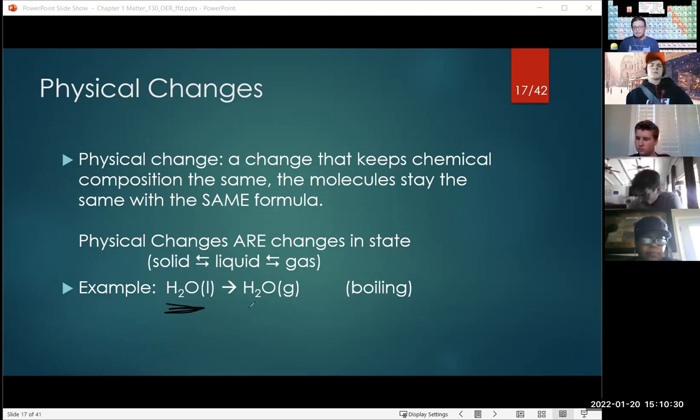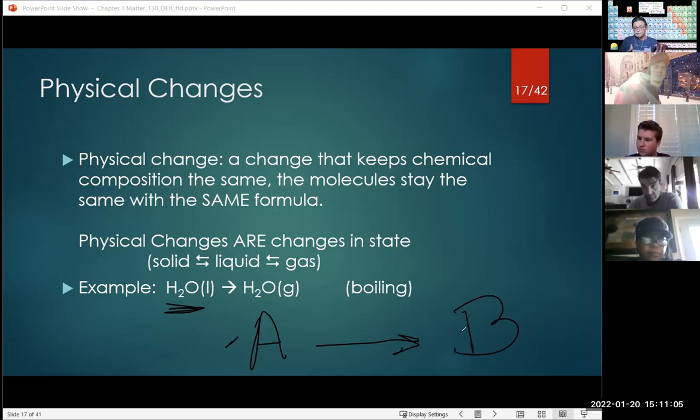And we denote that by this chemical equation, where in general terms, I'm going to introduce you to general equations. We have an arrow, which most of the time is a one-way arrow. We can have a double arrow, which represents that it's reversible. But in general terms, we can say A, whatever A may be, undergoes some process, which could be a physical process or a chemical process, and we denote that by this arrow to give us something, B. So in general terms, there's a chemical reaction or a chemical process.